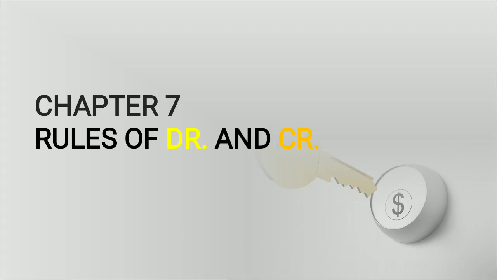Okay, so the name of the chapter is rules of debit and credit, and this is our sixth chapter. Sorry, I mentioned seven, but it's your sixth chapter. So in this chapter we are going to discuss what the rules of debit and credit are, because you have heard about the recording of transactions in the form of debit and credit. In this chapter we are going to learn how we have to record the transaction and what the methods are. Okay,